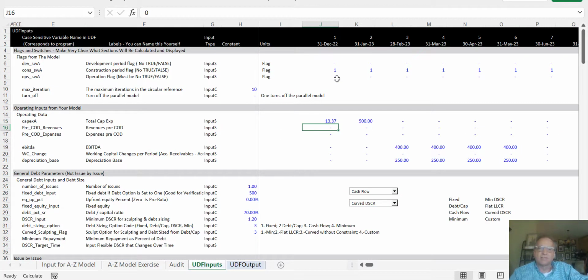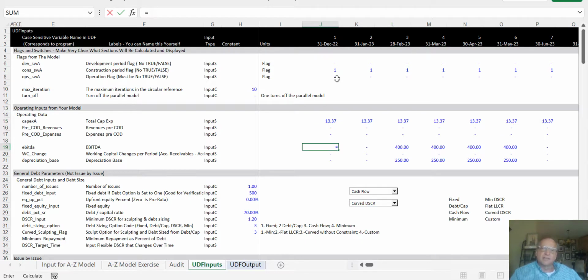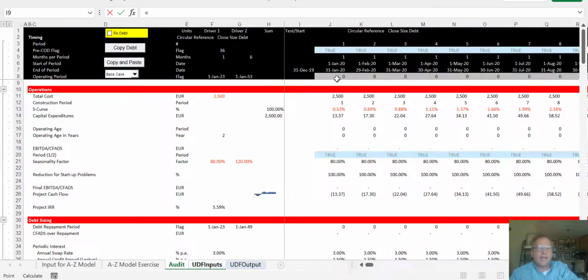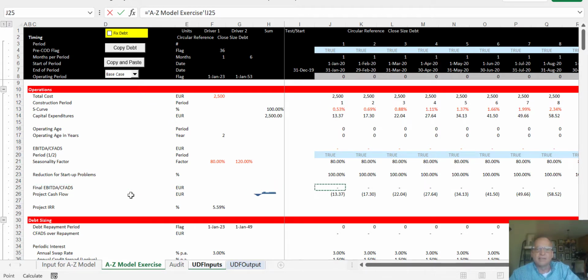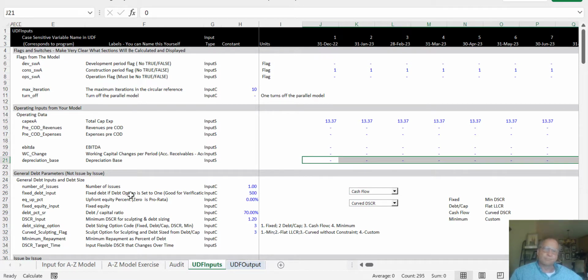So you got to make sure that that works. And then let's put in the EBITDA now, and I've got the final EBITDA down here. Let's copy that across, and I'm going to put no depreciation in,